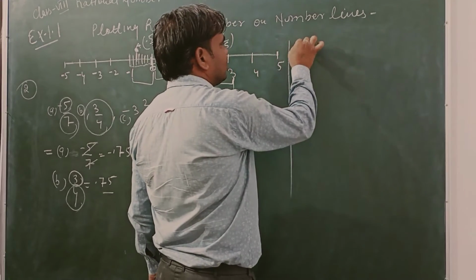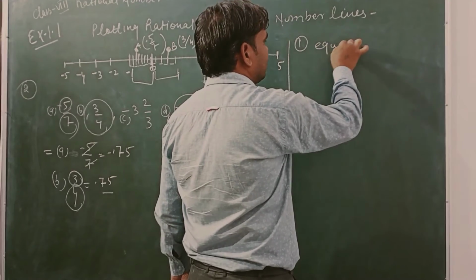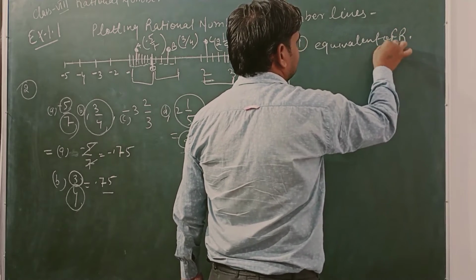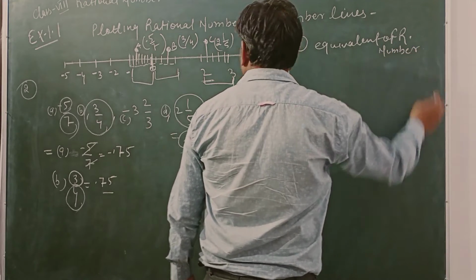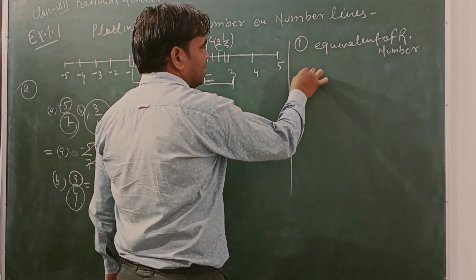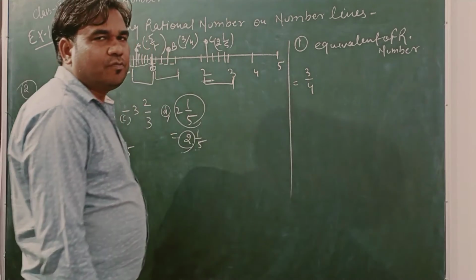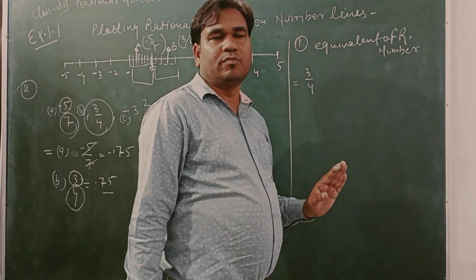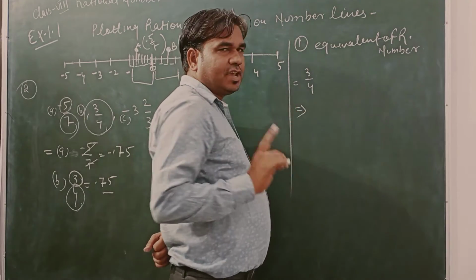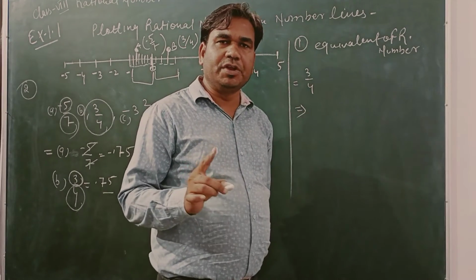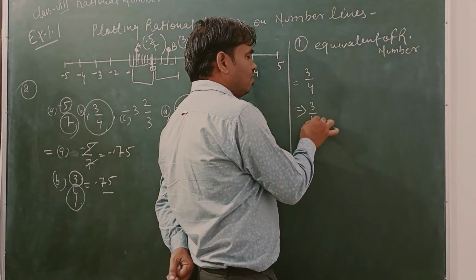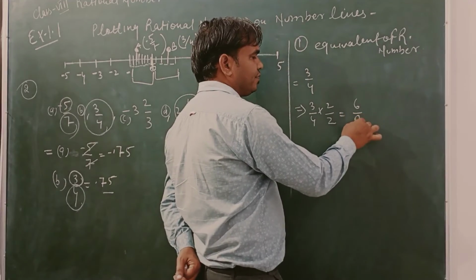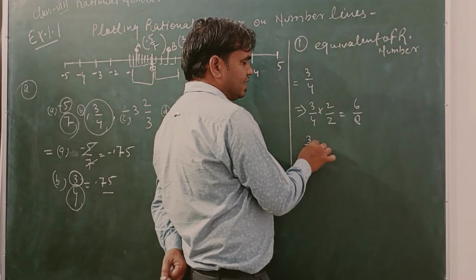And now, students, we talk about equivalent rational numbers. So this is the first question, equivalence of rational numbers. So let me see, this is 3 over 4 and here we have to make equivalents of these numbers. To find the equivalent of any rational number, you have to multiply or divide the same number in the numerator and denominator. So here you see 3 over 4, it means we multiply by 2. So here we find 6 over 8, and for 3 over 4 we multiply by 3 here.